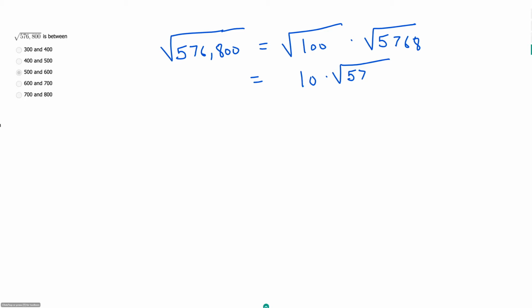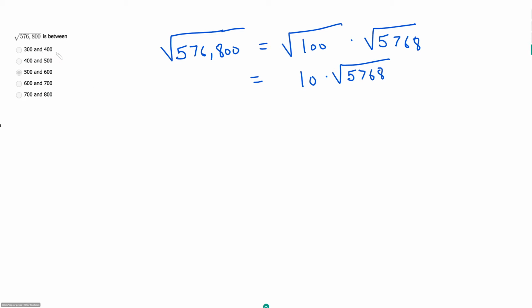5,768. But then here I would start running into problems because it's much harder to extract perfect squares from here. And so I might have to break this down into its prime factors, which could take a long time. So I don't want to do that. And so if I look at the answer choices here, I think there might be an easier approach here because